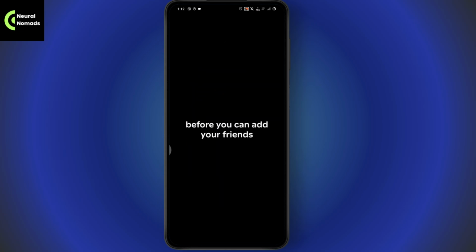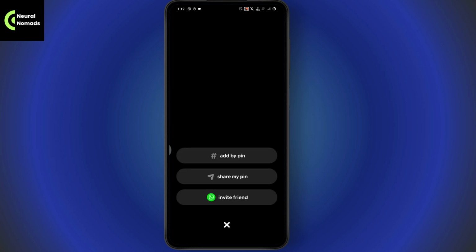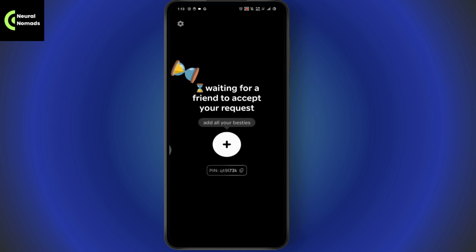So go with add your friends, so simply allow the notifications, and after that you need to add at least one person, because if you don't have anyone, then you won't be able to use your 1010 application. So simply invite anyone, invite a friend. Once you've invited, now your friend should accept your friend request, and once you've added, you will get your dashboard